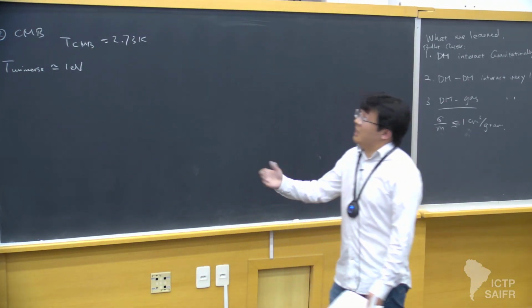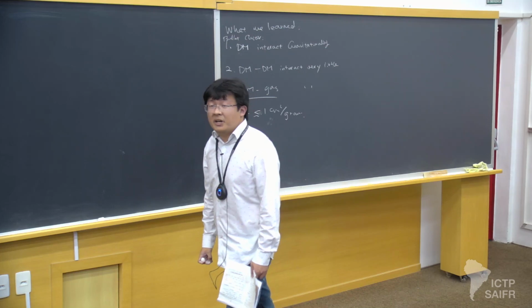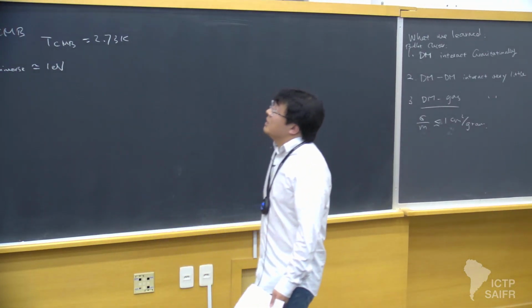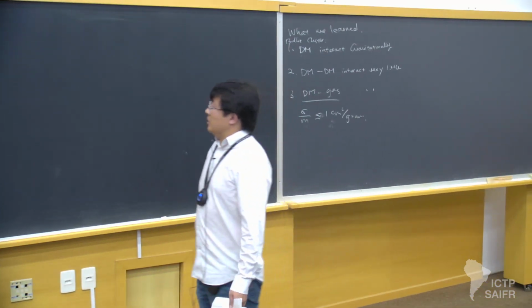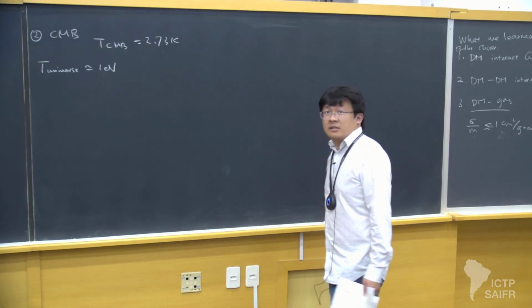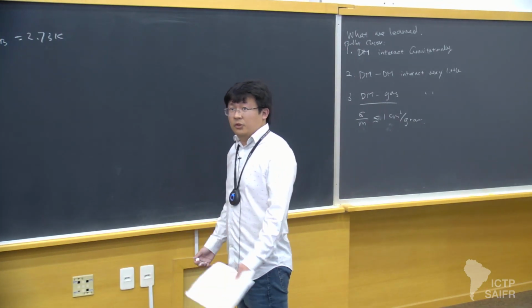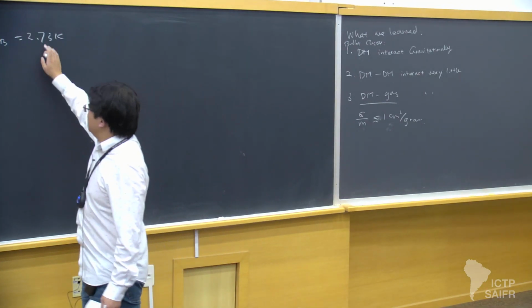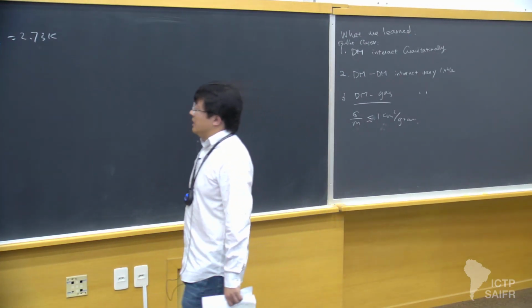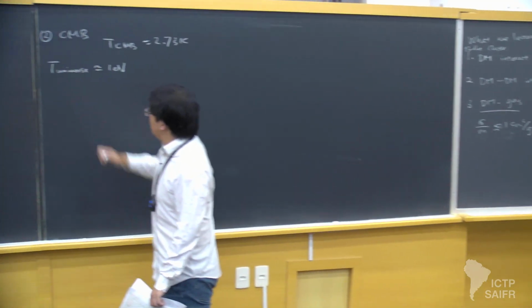And after which time the universe becomes transparent. Before, if we have a lot of charged particles, then the universe is opaque. So this number tells us how much time has passed since the time when the CMB photons were generated and today. And what I will show you next is even at the time of the CMB,